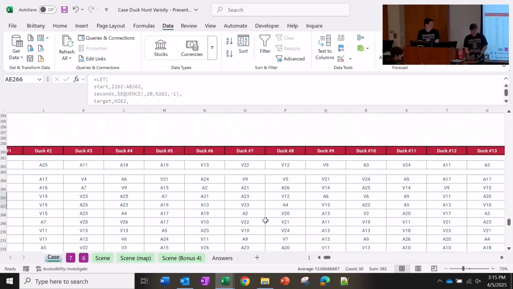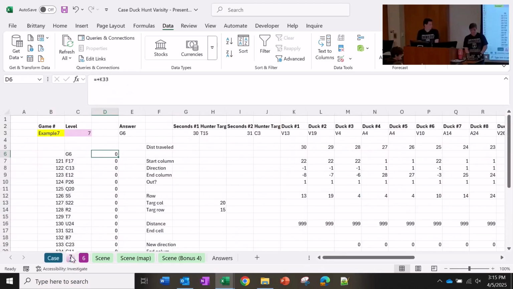All right, so level 7. The big thing in level 7 is that, in level 6, we of course had 20 birds. They're all starting at different times, and the hunter's firing, and we want to know which bird is closest to where the hunter fires. Level 7 then